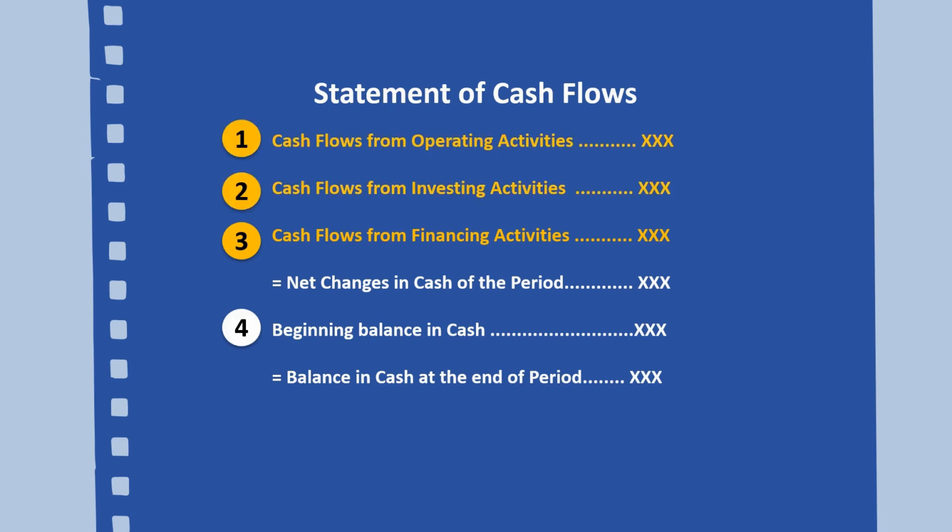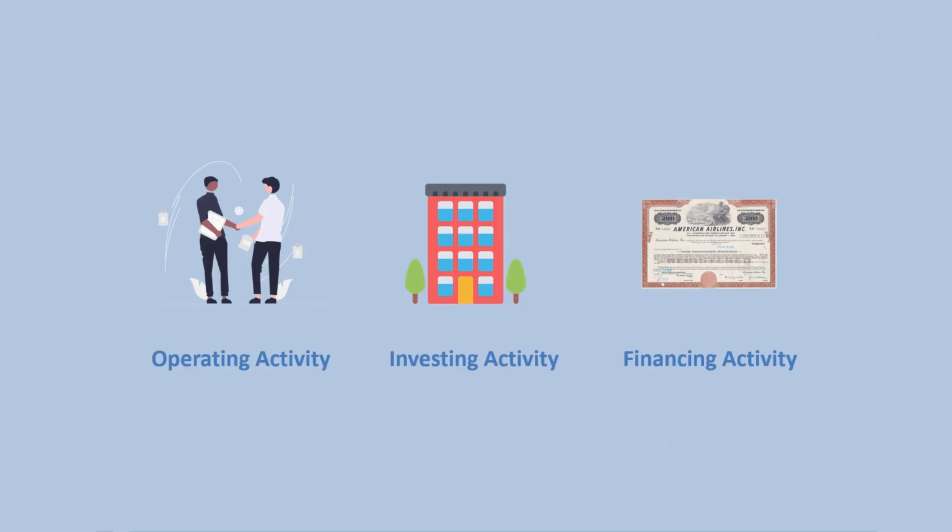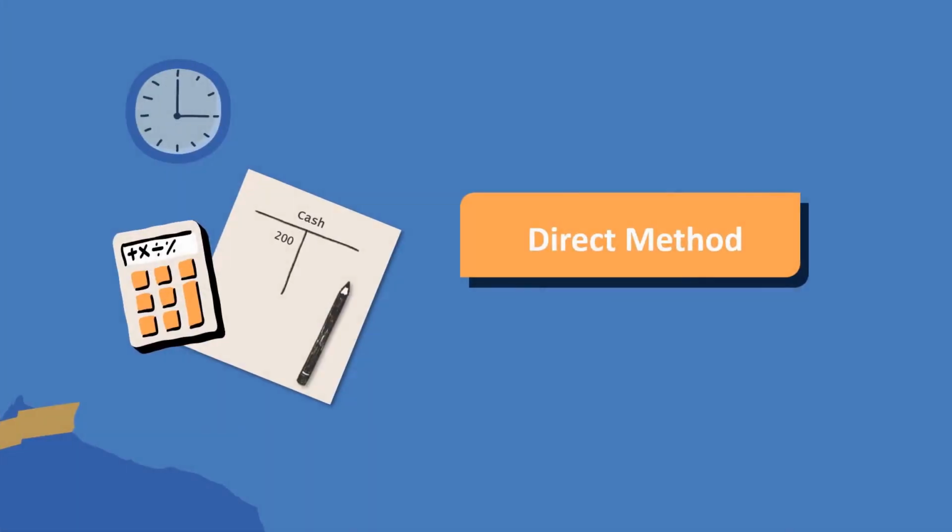When we tally up the cash flows from these 3 categories, we can see the total cash fluctuated during the period. Finally, we wrap it up with the cash balance section, showing the cash at the beginning and end of the period. Understanding these operating, investing, and financing activities is the roadmap to preparing a statement of cash flows. So let's hit the road straight away.